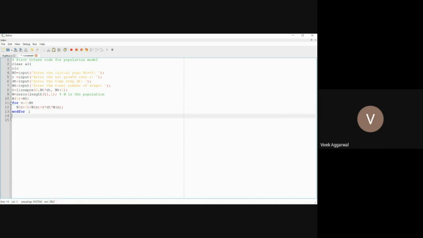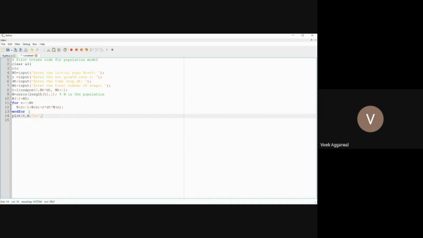After finding this value, now I want to plot my solution. So I will plot t with respect to N, whatever the solution I got, and I want that this solution should be bold, black with the O sign.